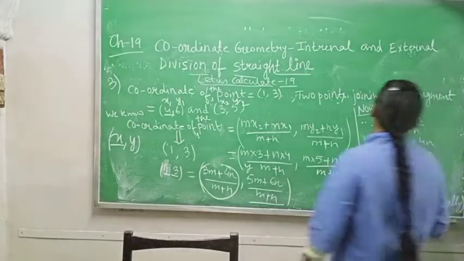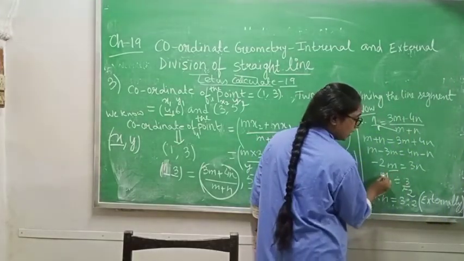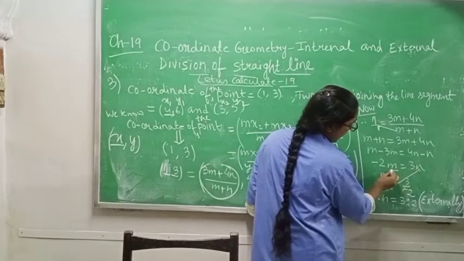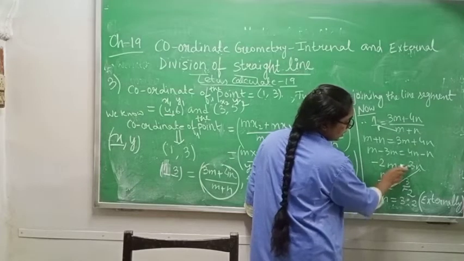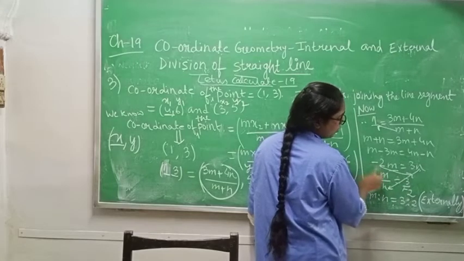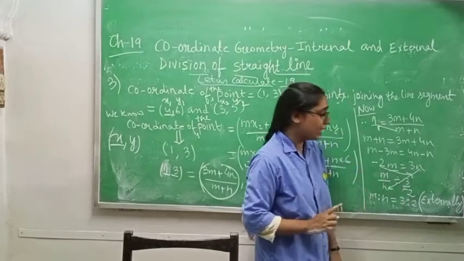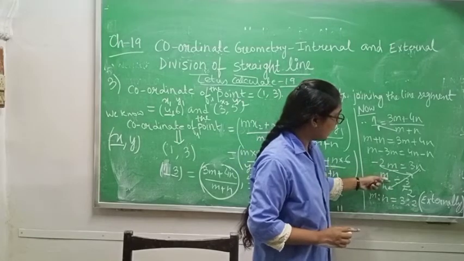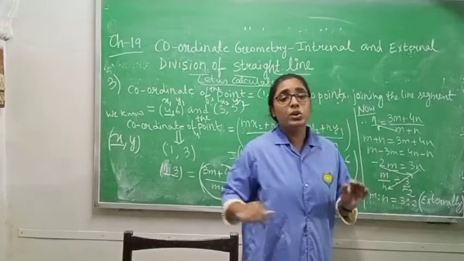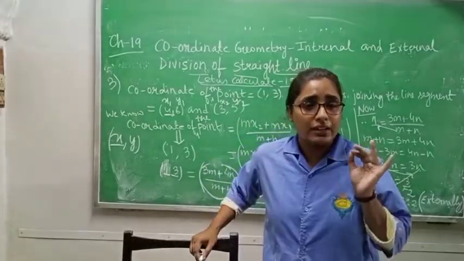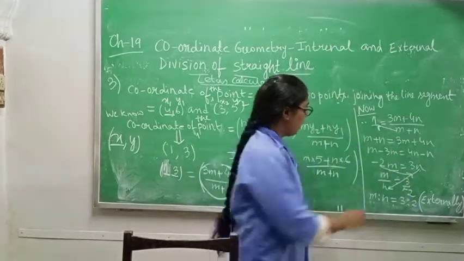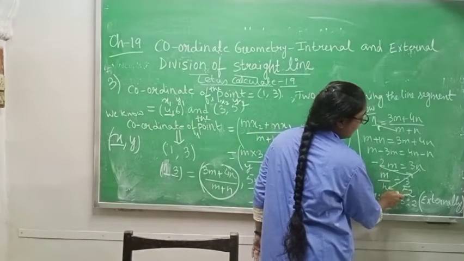Okay. Now what we will do? We will write m by n. Means m we will write as it is and n we will take down. So m I am writing as it is, n I am taking down. 3 I am keeping as it is and 2 I am taking down. So here we have minus 2, so I have to write minus 2. Again I am repeating what I am doing. M I am writing as it is, n I am taking down. 3 I am writing as it is, minus 2 I am taking down. Why? Because we have to find m is to n. And how will we find m is to n? First we have to find m by n. So m by n we got equals to 3 by minus 2.